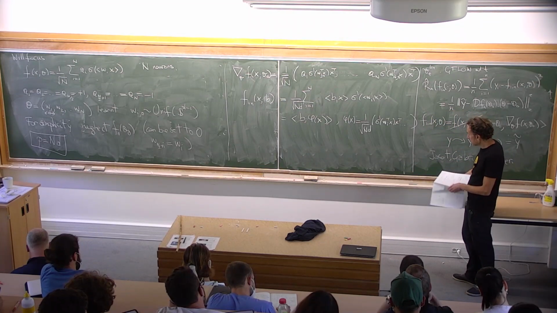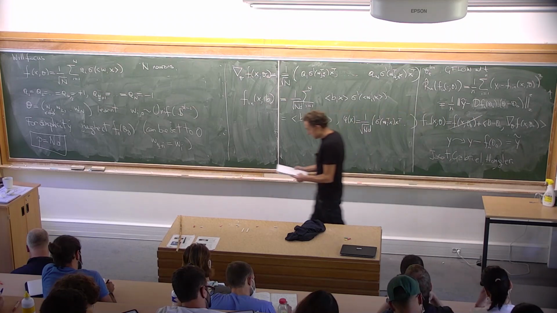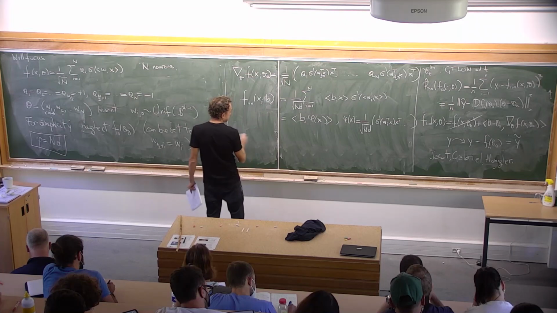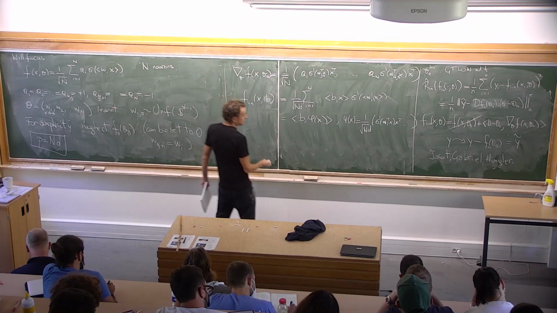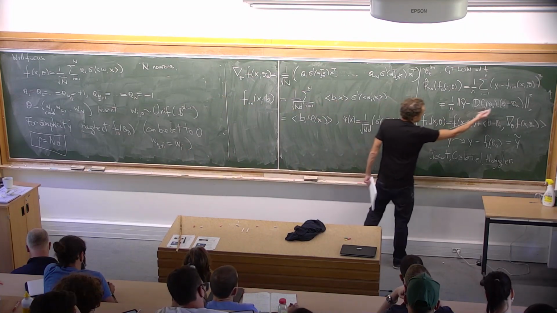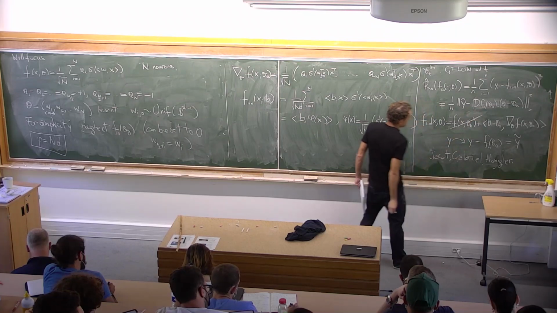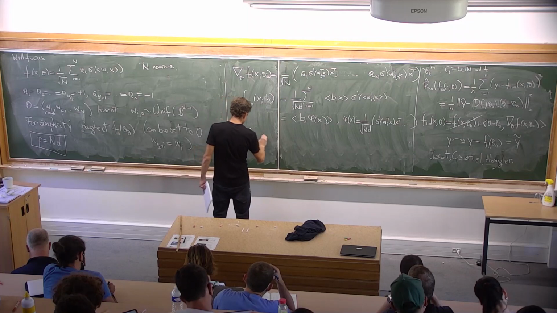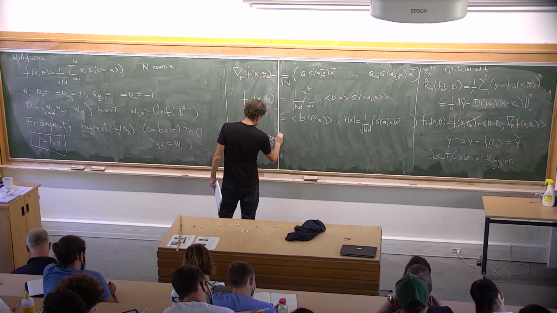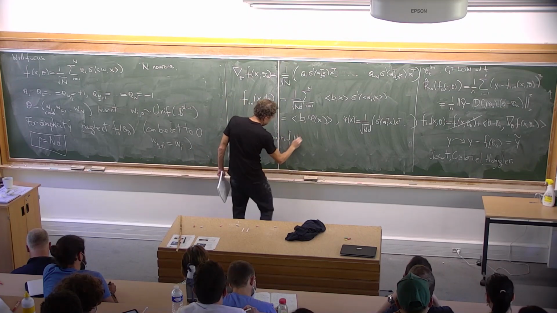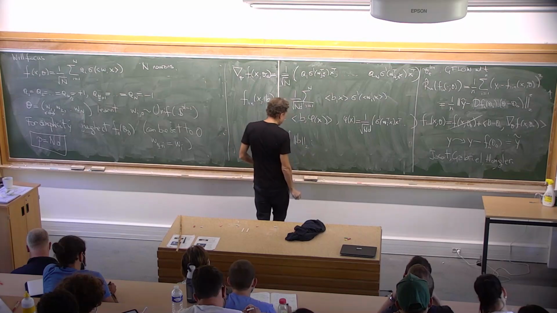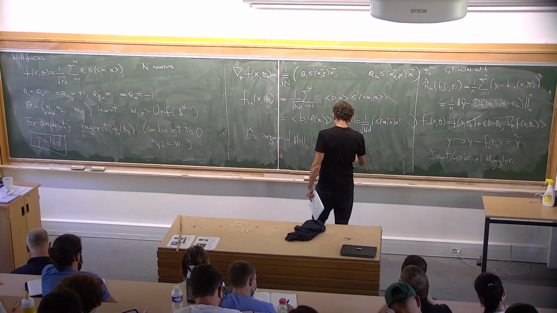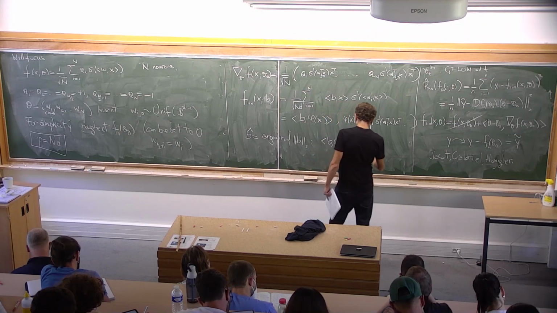Okay. What I'm interested in here is computing the risk of this, where B is trained by minimizing the risk here. So I want to look at B hat, that is the argmin of the L2 norm of B, subject to B times phi of x_i equal to y_i for each i.